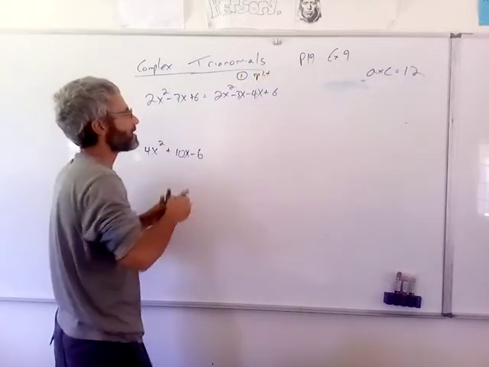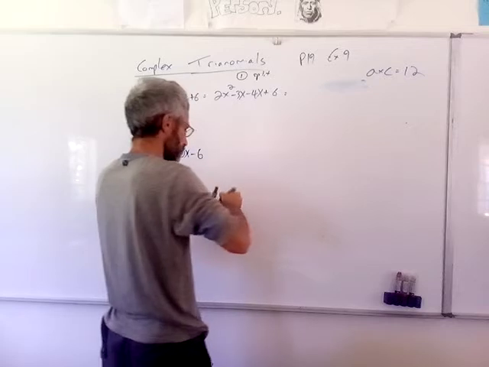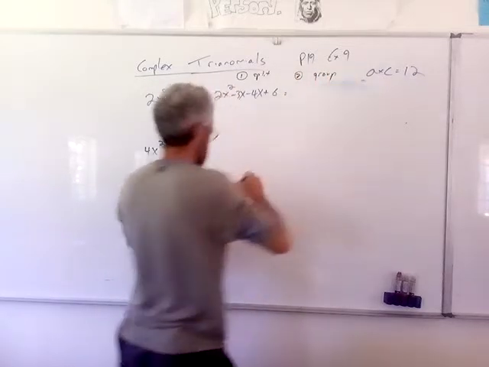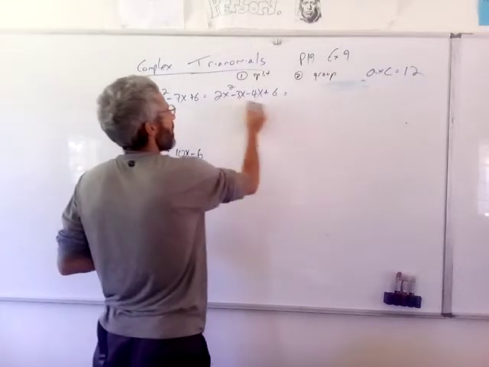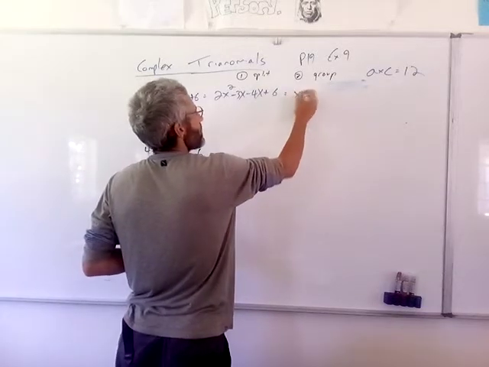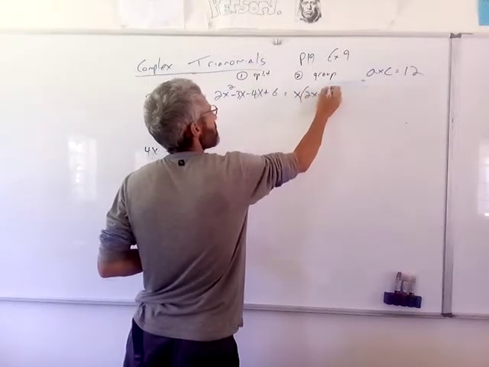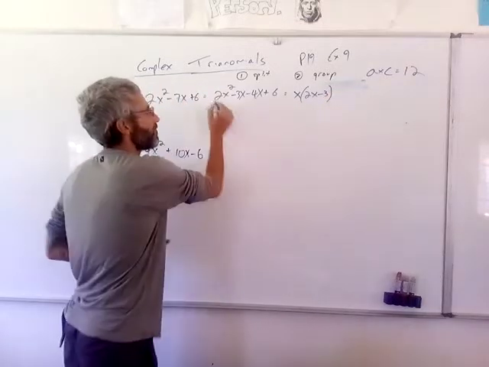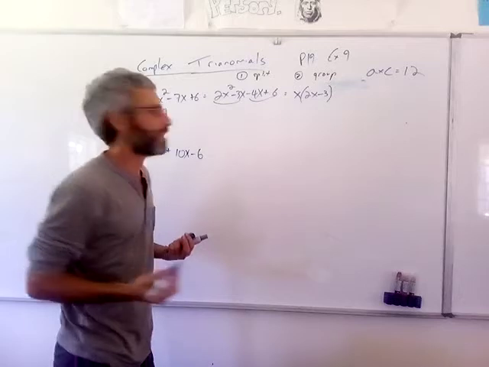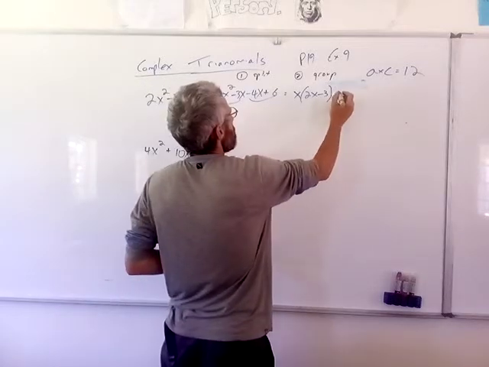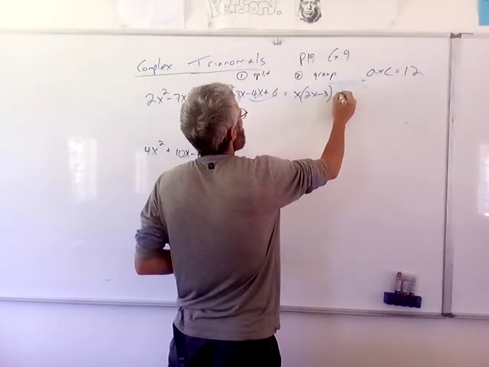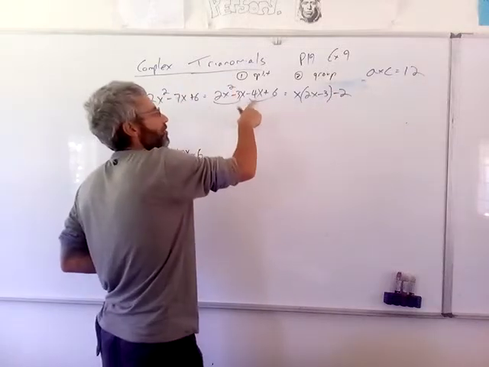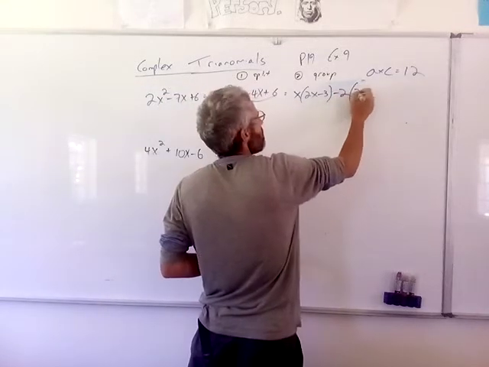Second step, we group. So I'm going to have 2x minus 3x, so I can get x out, 2x minus 3, and then group this one as well. Last time we didn't really have to group the second bit because it was already done for us, but now we need to group. So it's going to be plus, or let's say minus 2. Minus 2 is a common factor, right? Minus 2. So that's going to be 2x